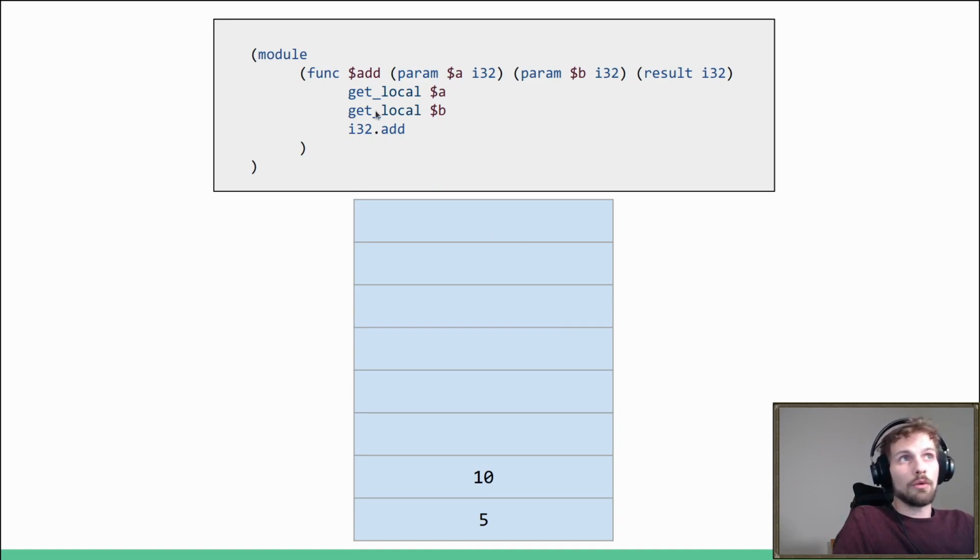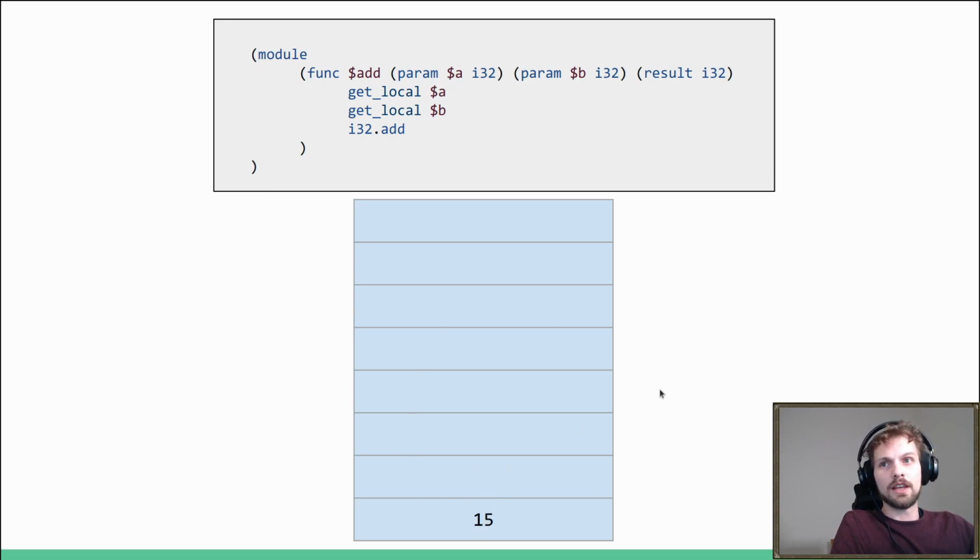Now we call the i32 add function, machine code instruction. The function that I've written here is simply a very simple wrapper. It doesn't do much more than what i32 add does. And what i32 add does is it takes 2 integers from the stack and replaces that with 1 integer. So this is a machine code instruction, and it replaces that with a sum. So if I execute this instruction, in one go, these 2 will be combined together and put on the stack,